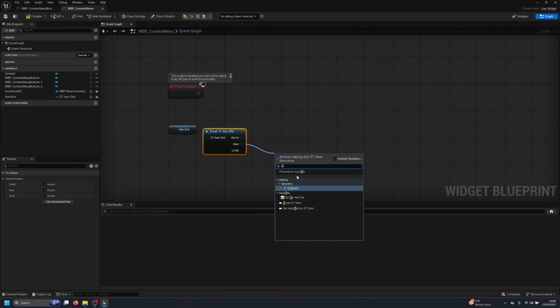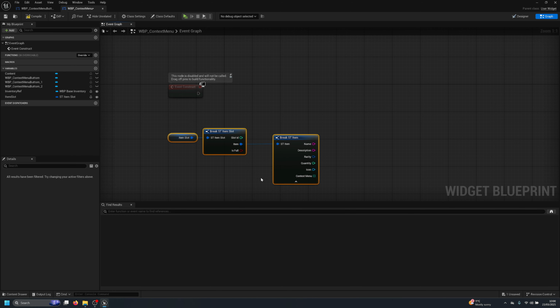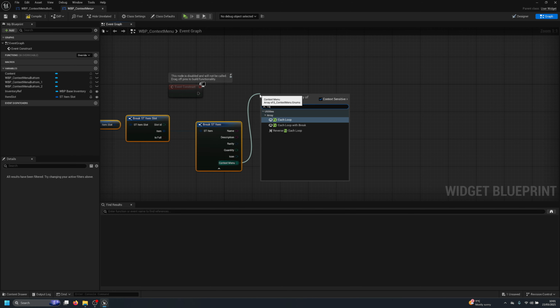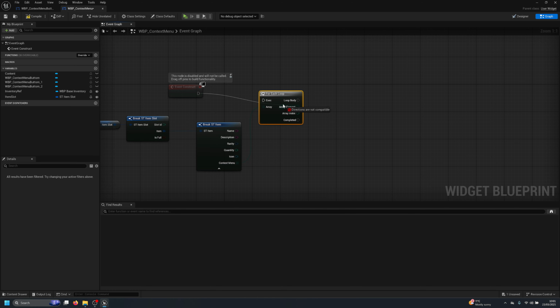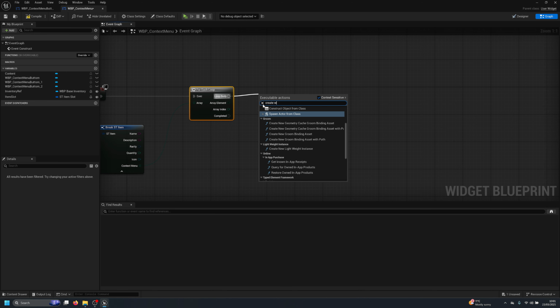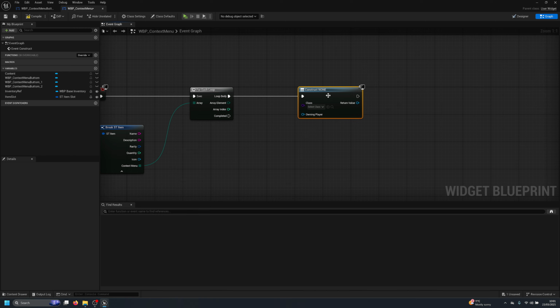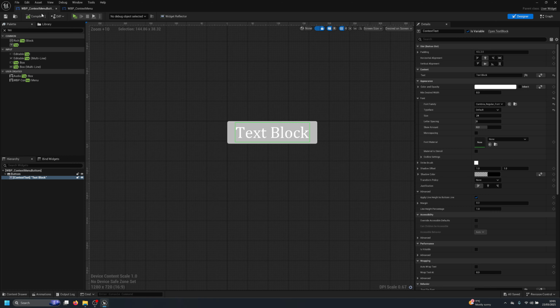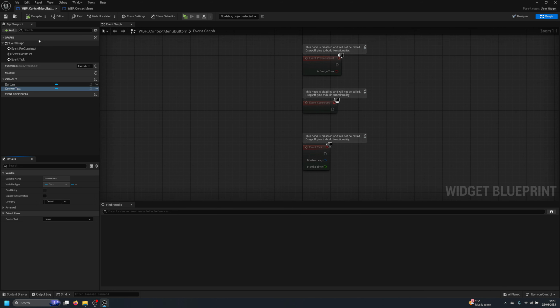So we're going to break, and we're going to get the context menu, and we're going to do a for each loop, all right? And the for each loop that we're going to do here is that we're going to create a widget from the class. And now on the context menu right there, what we can actually do is basically pass the